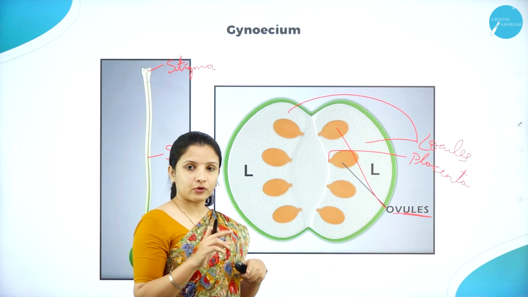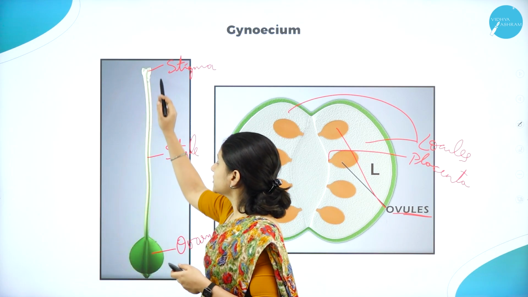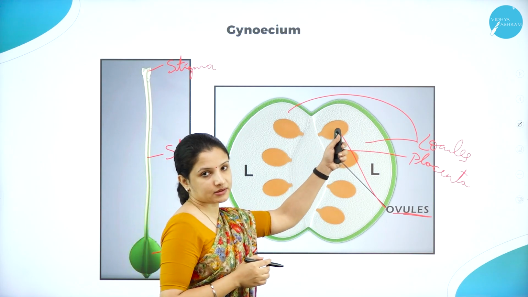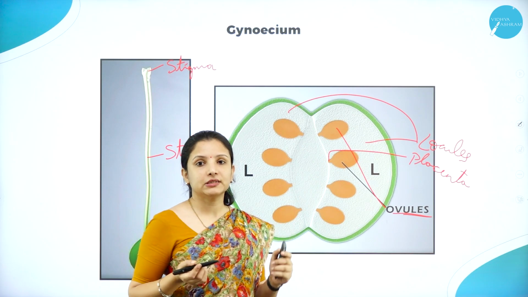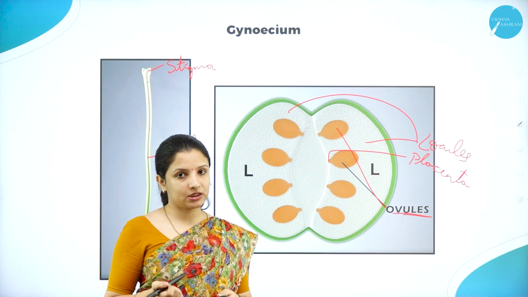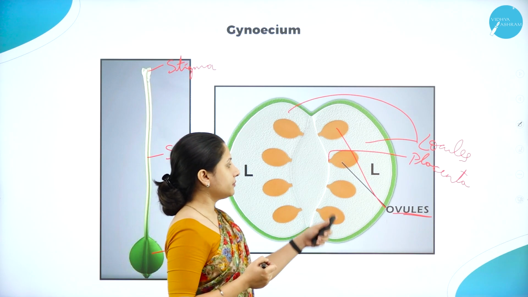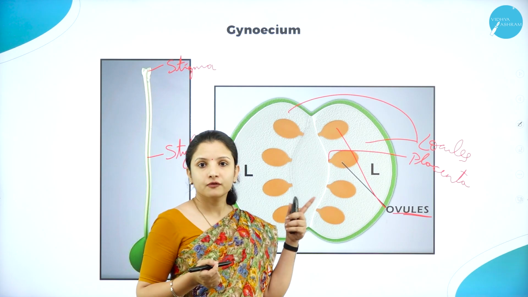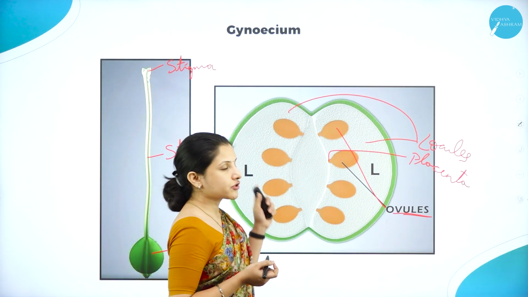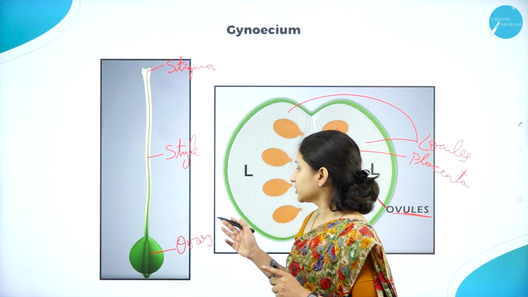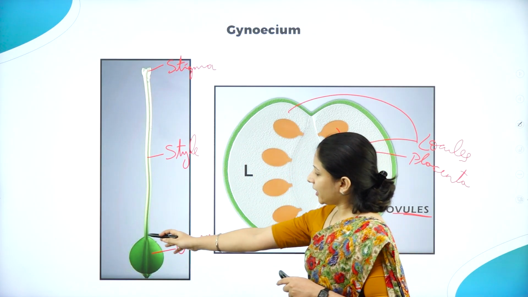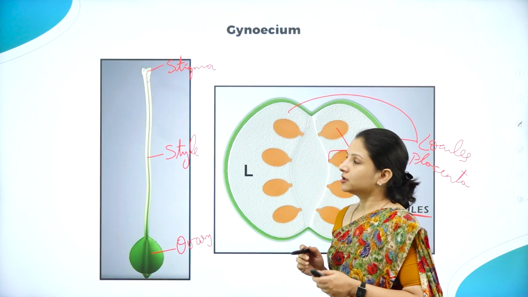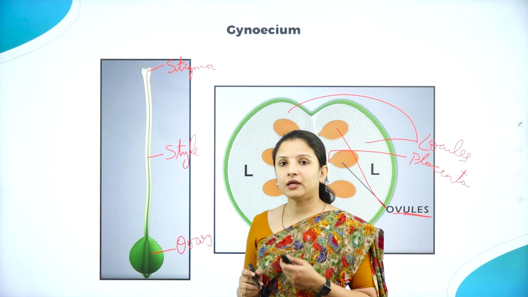Once the pollen grain falls on the stigma, it will produce the pollen tube, and that pollen tube carries the male gametes into this particular ovule, wherein fertilization will take place and then the setting of the seed will occur. And always remember, the ovule will form the seed and the ovary will form the fruit. So that is the structure of the ovule in the gynoecium. Inside the gynoecium, especially the bulge part inside the ovary, there is the presence of the ovule. So this is about the female reproductive part, the gynoecium.